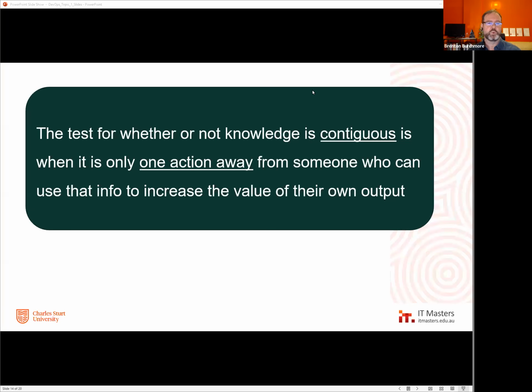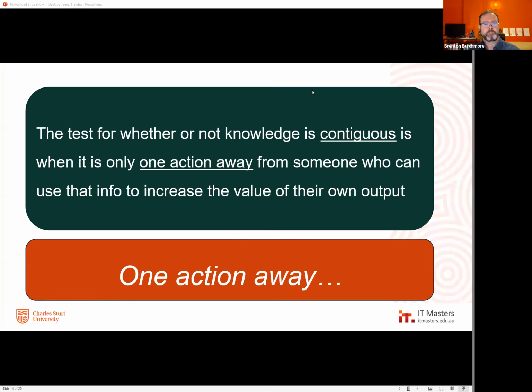But that's the test you want to be able to pass to really empower those people to use that information to make the better decisions that deliver the better value. One action away. So if you think about what you normally go through to find a piece of information, when it's not one action away, what's the obstacle? It's like, well, I'm looking in this repository, but it's not well cataloged. It's not easily searched for the keyword that I'm looking for. So I didn't find it. It didn't pop up. Or it's really slow, or it's not cataloged correctly.